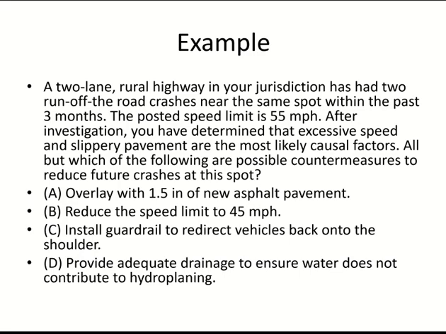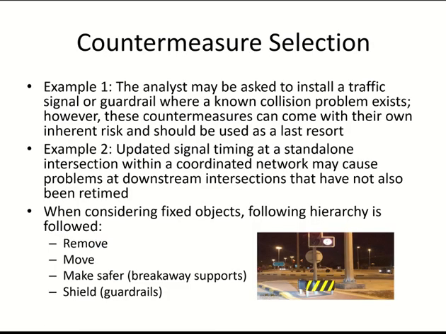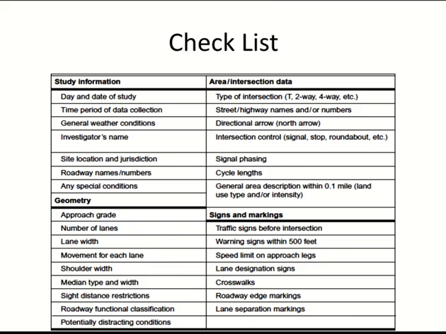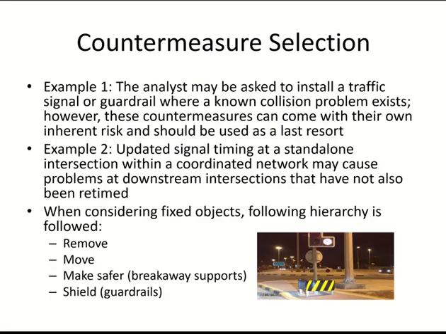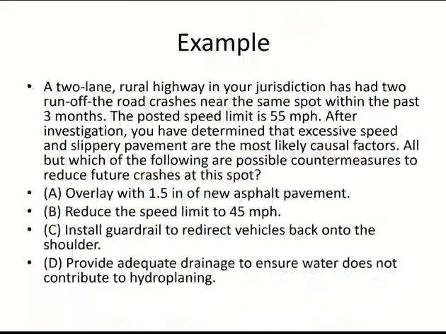You can go through it, but it depends upon the type of crash you have and the cause of the crash. So you must know these 2 things. And from where do we get these 2 things? This comes from these 2 diagrams, the condition diagram and the collision diagram. The collision diagram will tell you what type of crashes are more important, what type of crash is happening in higher number. And the condition diagram can tell you what is the problem, why they are happening, what is the reason. So you have to study these diagrams to come up with the information required for selecting